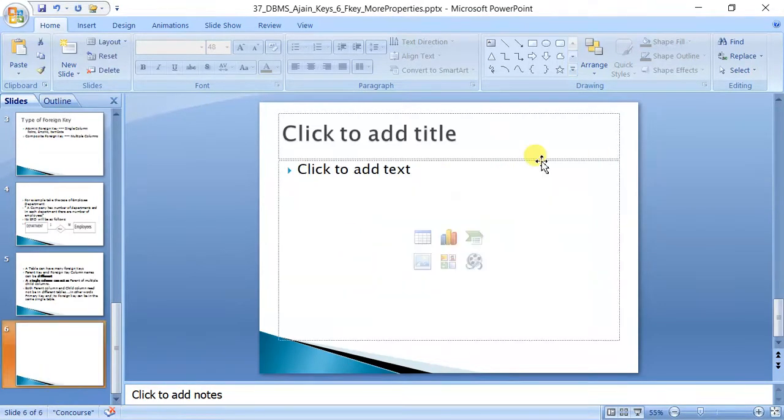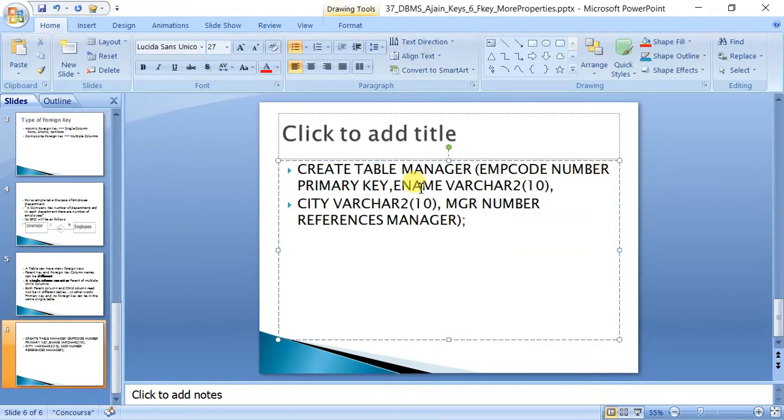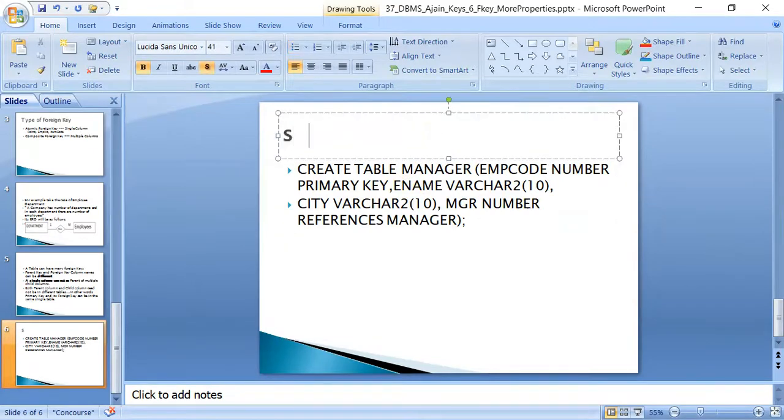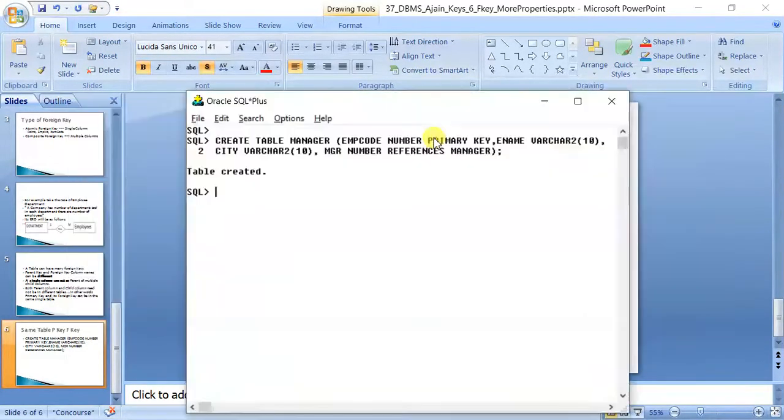Let us note it down: same table primary key foreign key. Okay. So now let us insert the data.